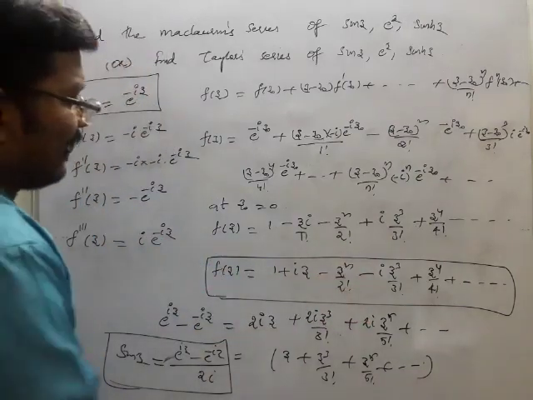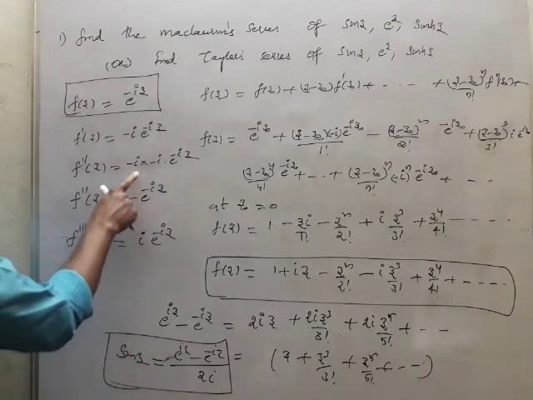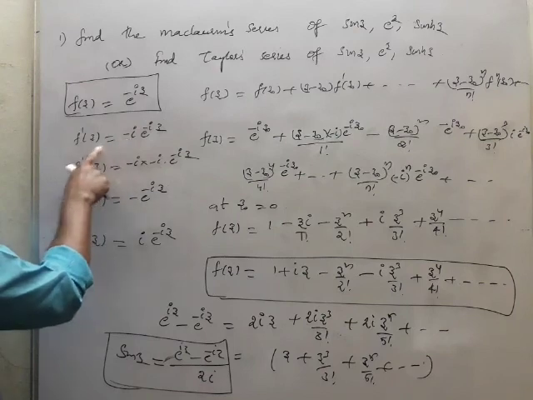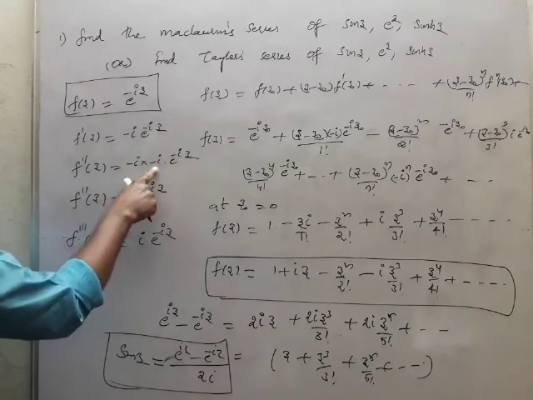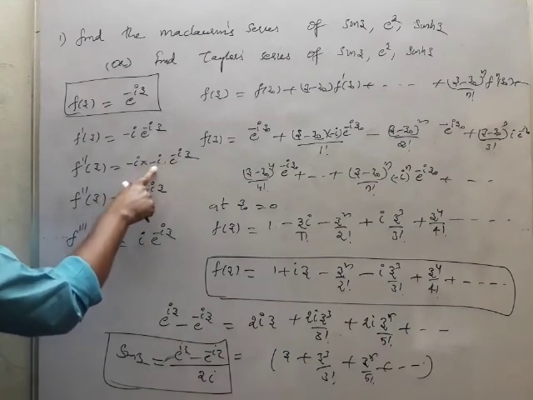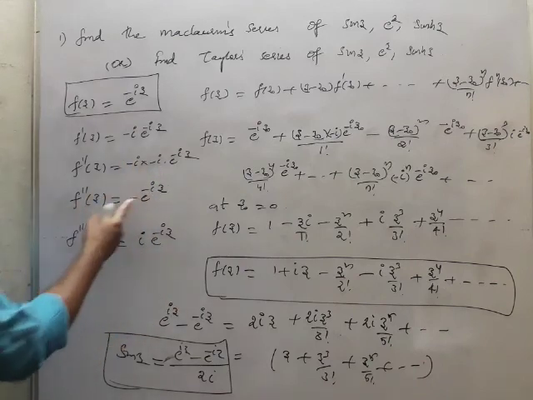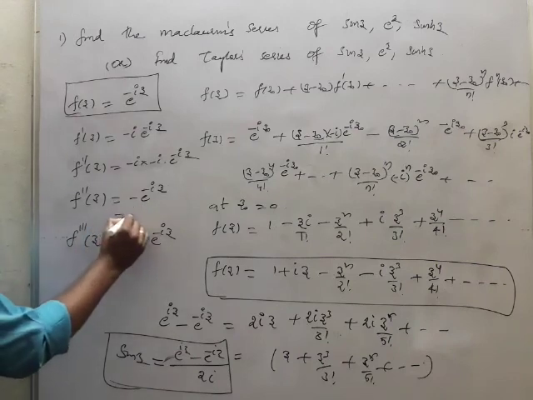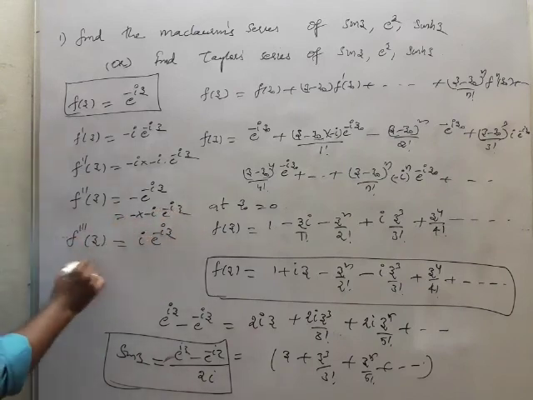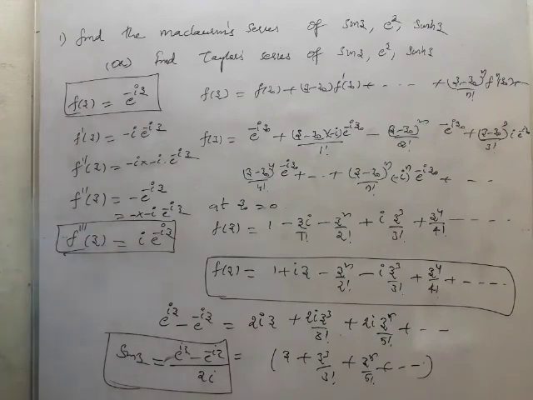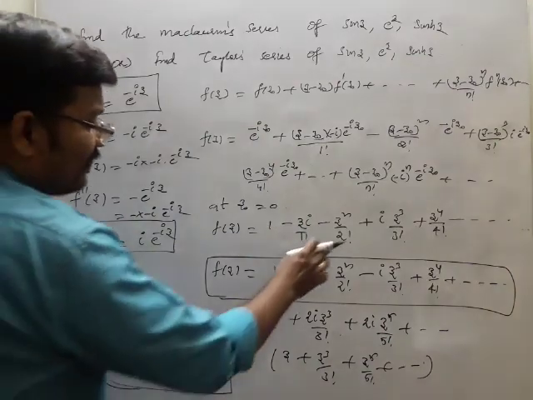We'll try to find out the value of these two; once again we'll check. The last one is f triple dash of z. So f double dash of z: f dash is nothing but minus i e power minus iz, minus i into minus e power minus iz. So minus into minus is plus, i square is again minus 1. So minus e power minus iz is correct. Triple dash, again if you do this, this minus becomes minus i e power minus iz. So minus into minus is plus, so this is i e power minus iz, it is correct. Therefore this z minus z naught value is absolutely correct.